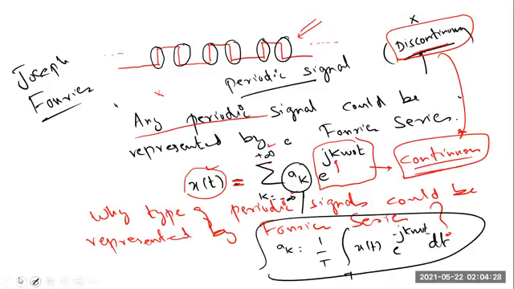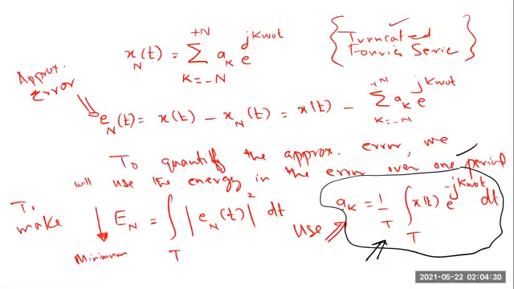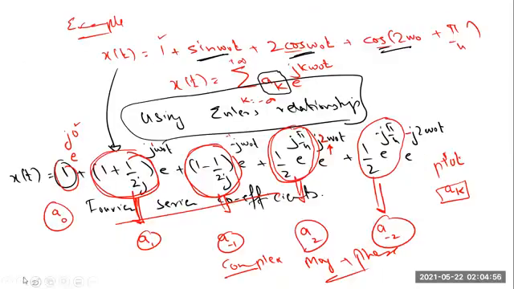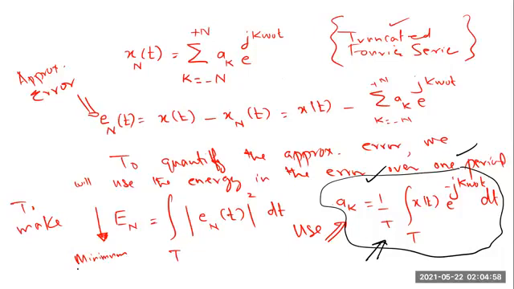And this expression is exactly similar to this expression. So what is the point? The point is, if you want to use a finite Fourier series and you want to get the best approximation, you can still use the same expression of Fourier coefficient that you use for infinite Fourier series. And another important point, of course, this error, we can minimize it, but it will not be zero if we use finite or truncated